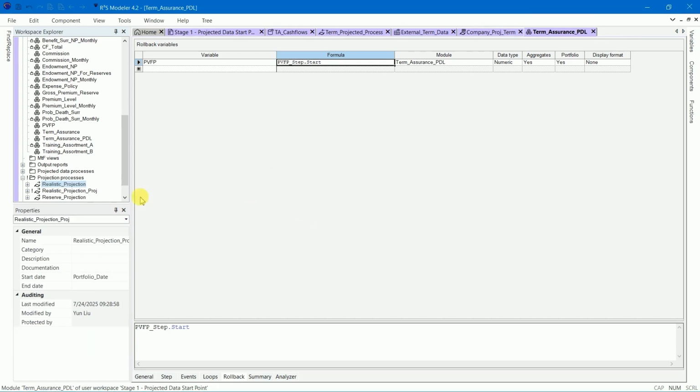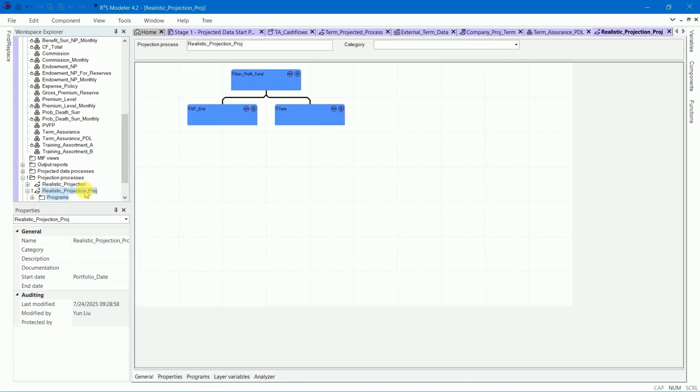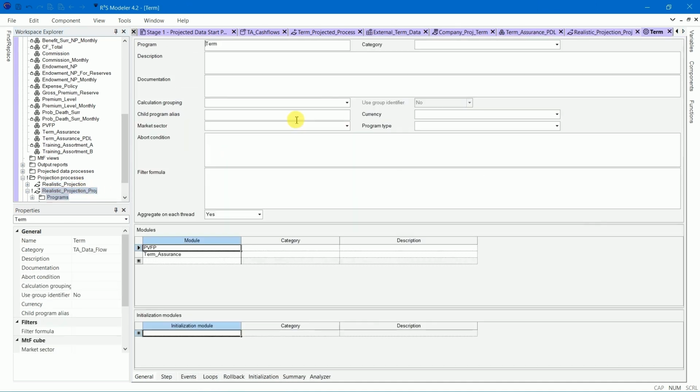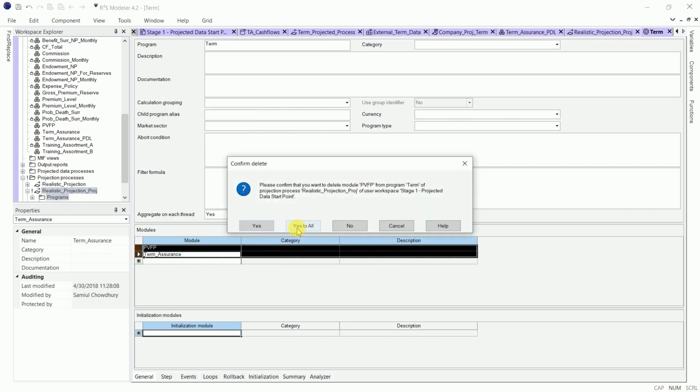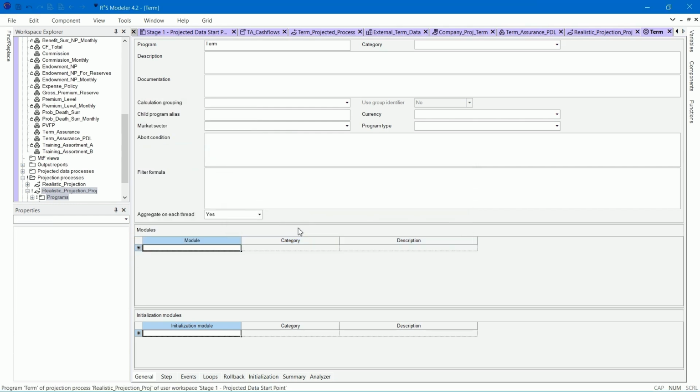Open the new projection process. Double-click on the term Program. Delete the submodules PVFP and Term Assurance. And delete the Reserve PP standalone variable in the Step tab.